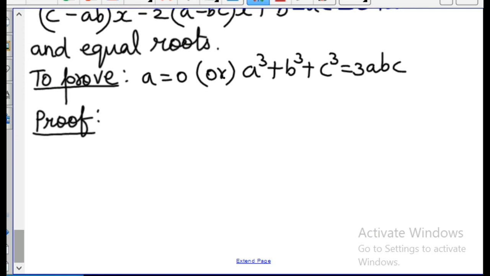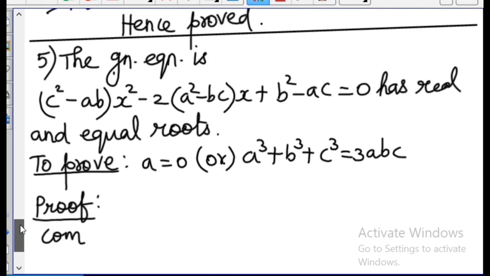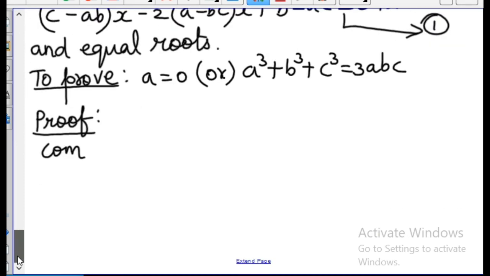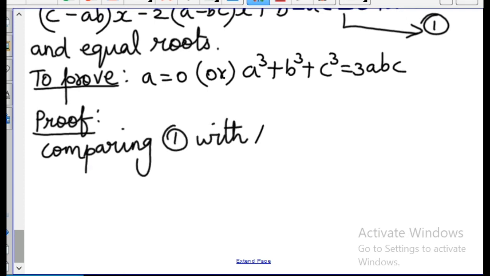In the question itself they are giving small letters, so in the equation we use the capital letters. We can take the given equation as 1. So compare, no need to write the equation again. Comparing first equation with capital A x squared plus bx plus c equal to 0,